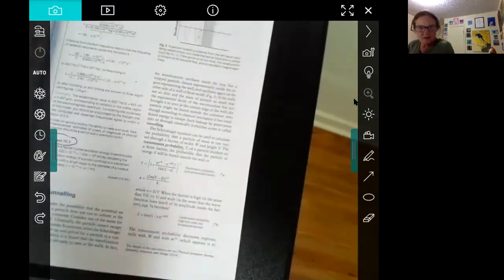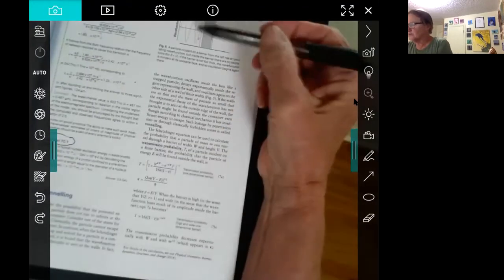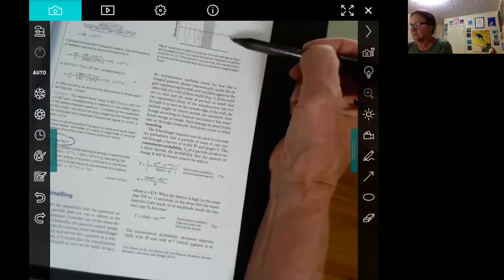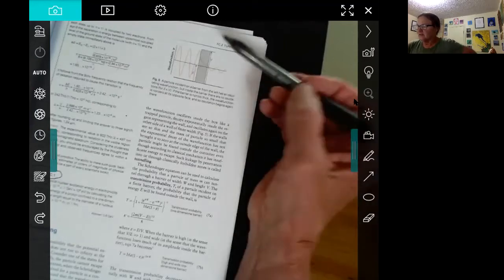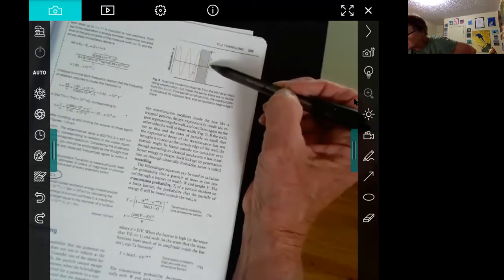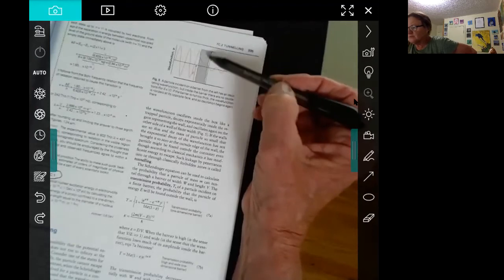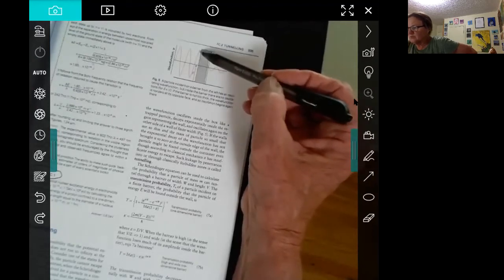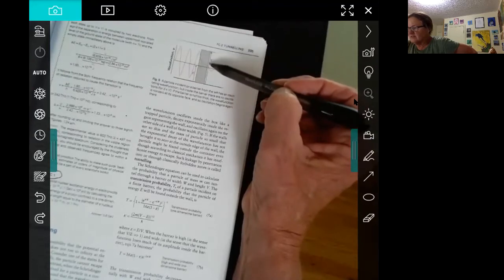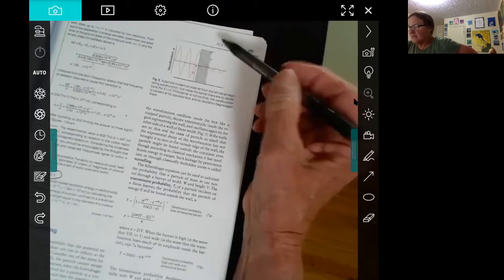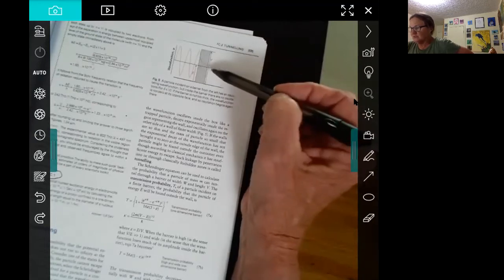You can look at the different regions to the left, within the barrier, and to the right of the barrier. You can solve it like we did with the particle in the box, inside or outside the box. And then the big thing is, then you have to get the waves to line up so that they have the same value when it's coming in and when it's inside, and then when it's inside and when it's leaving. Also have to get the derivatives to equal each other at those points. And when you do that, you get this complicated equation here,